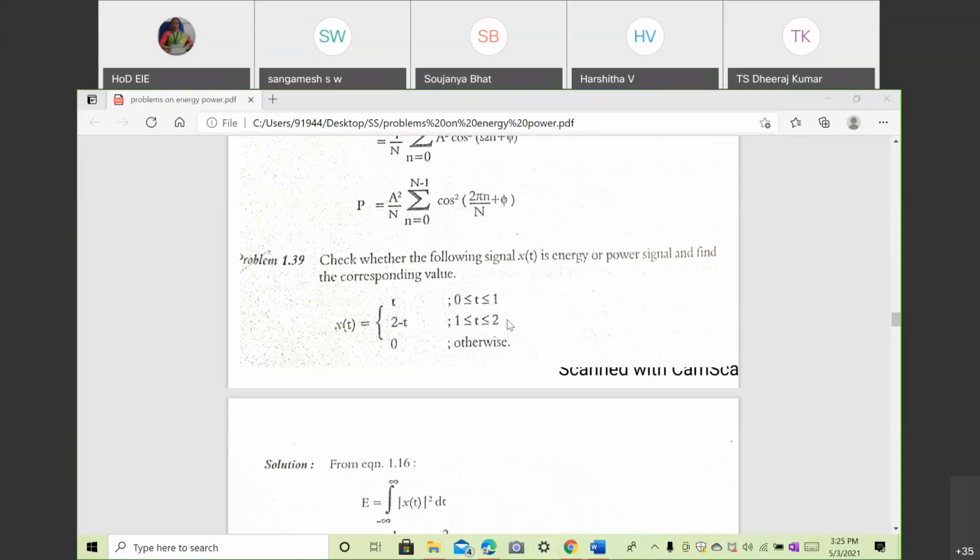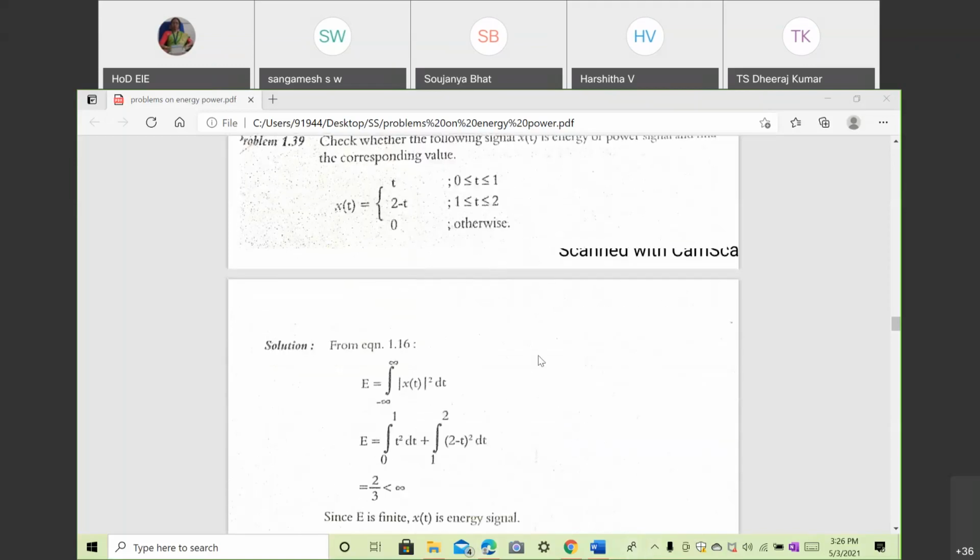And for the rest of the cases, we know 0 to 1, we know 1 to 2. Other than this, towards the minus side, minus 1, minus 2, minus 3, minus 0.1, or above 2.1, 2, 3, 4, the rest of the cases, the magnitude is equal to 0. So that's why they write otherwise or elsewhere. Elsewhere means the rest of the range, the rest of the time segment, the magnitude will be equal to 0. Like that we have to understand the given equation.